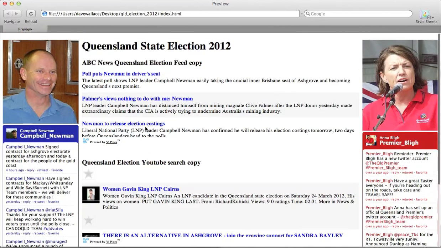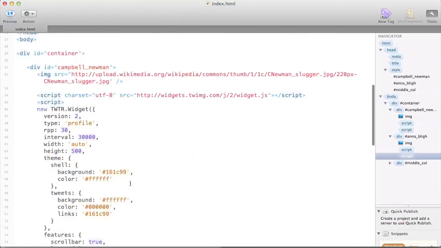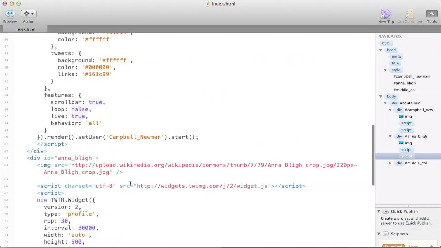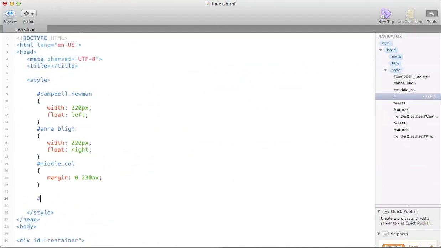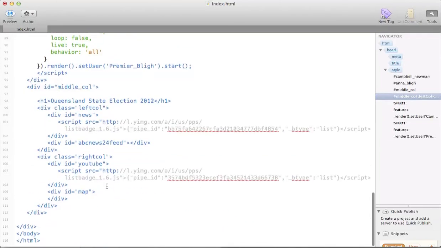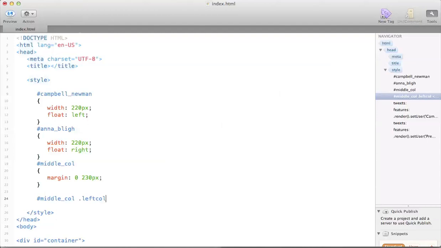And now just very quickly, in the time I've got left, I'll finish off this middle section. As you can see in there, I've got the two divided columns within that middle column. That's class left column and class right column within middle column. So we can go middle column dot left column. That's how I named it. Okay, and we'll give this